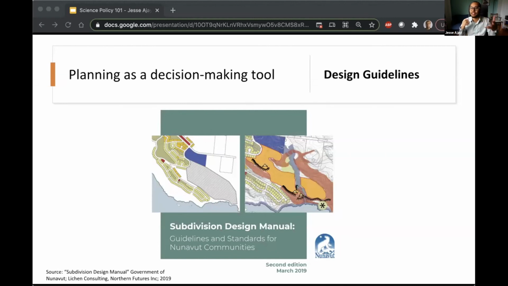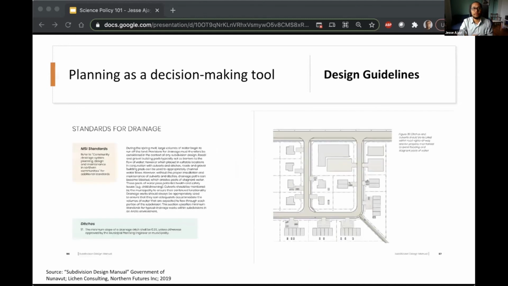So I just give this as an example. This is one way that scientific knowledge can end up moving closer to decision making. This is not policy per se, but I'll show in a minute how it can sort of be mobilized. So just a quick example from this design guideline. When we talk about subdivision design guidelines, we're talking about guides for designers who are opening up, in most cases, new tundra, untouched land to put in roads and houses and other forms of development. So this is putting in infrastructure and then putting in development on those lots.